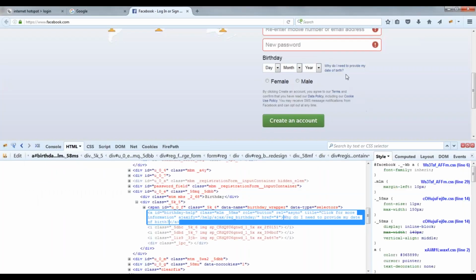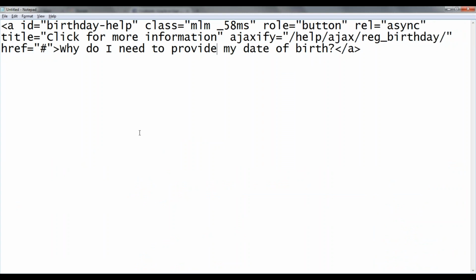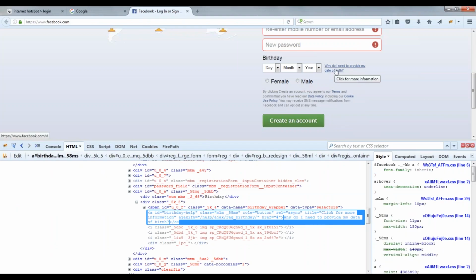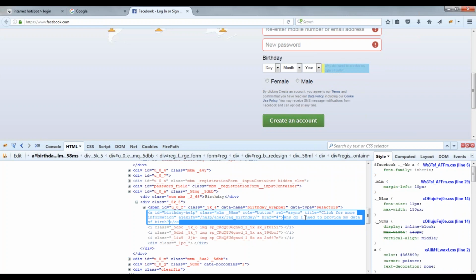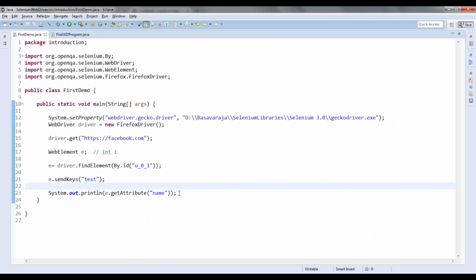Now what I want you to tell me, or give me the syntax, is: I want to find this element using the partial link text, and I want to get the inner text of this. How will I get the inner text of this? Can you explain the syntax now?